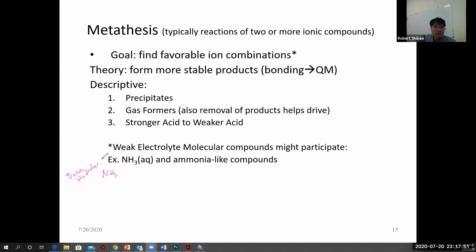Lysis means to break apart, and hydro is water, and so we're going to break apart water. In other words, the ammonia and the water react with one another. In this process, the ammonia, which is a base, and bases like hydrogens, takes a hydrogen from water to form ammonium and hydroxide. And so what happens in ammonia is a little bit of ammonia reacts with water to form some ions. And these ions can react in metathesis, even though there's a small amount. This small amount of ions, this is favorable in the reverse direction. That is, the driving force is backwards here.